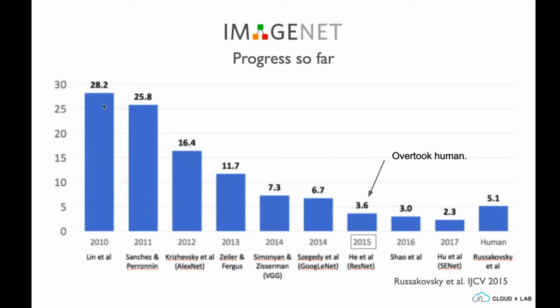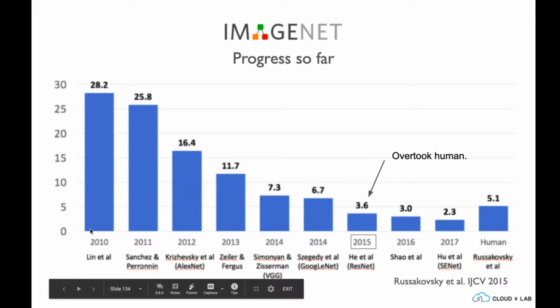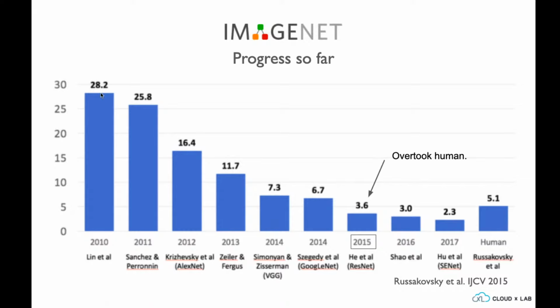This is to show the explosion of why it's becoming easier. What we are showing right now is the errors on ImageNet. In 2010, the best known model got 28% of the predictions wrong. So if you give it 100 images, 28 of them would be wrong. And over a period of time, it's just been coming down and down.